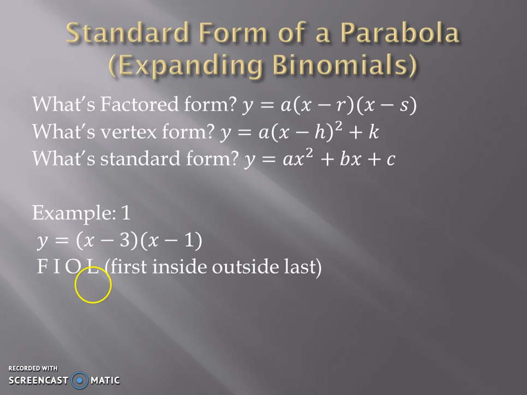Alright, to make this into standard form, you need to do something called FOIL. What is FOIL? Well, FOIL stands for first, inside, outside, last. Now to you, this is going like, I don't understand this at all. Well, this is what FOIL means in short term. It means this x is being times by this x, and then this x is being times by this 1, and then this x being times by this 3, negative 3 actually, and then this 3 is timesing all the way here. Thus, first,